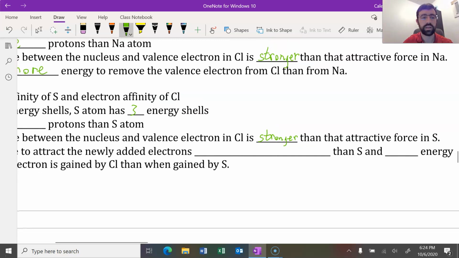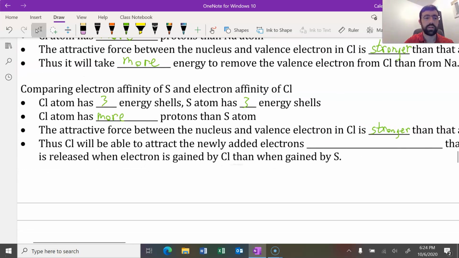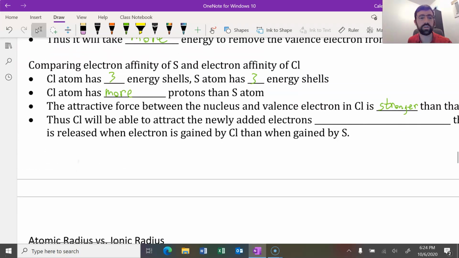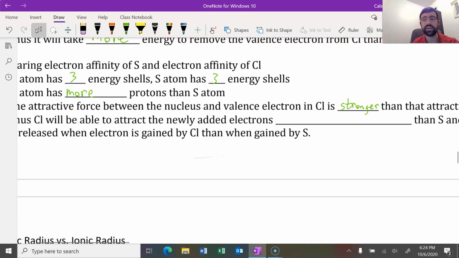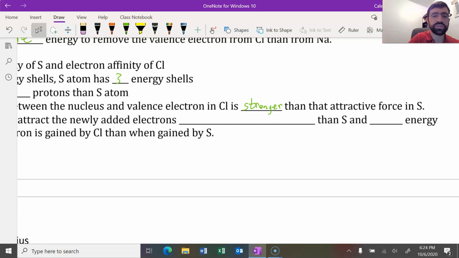As a result, chlorine will be able to attract the newly added electrons more strongly than sulfur,